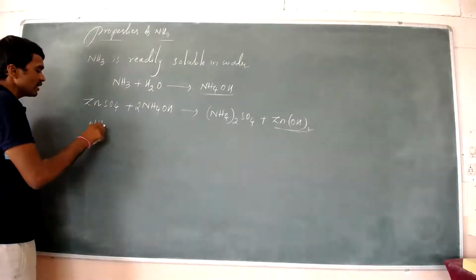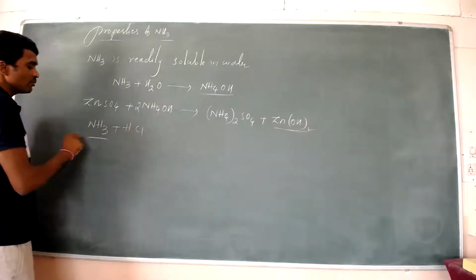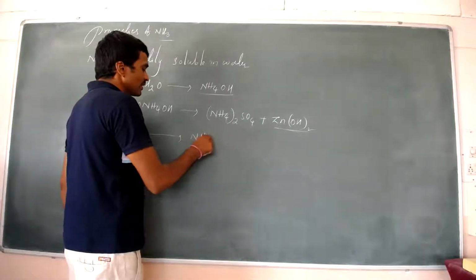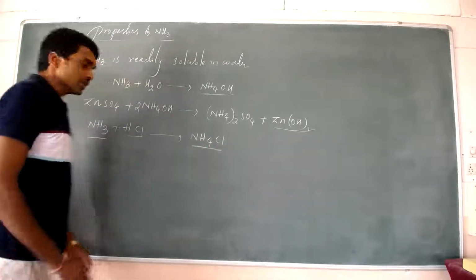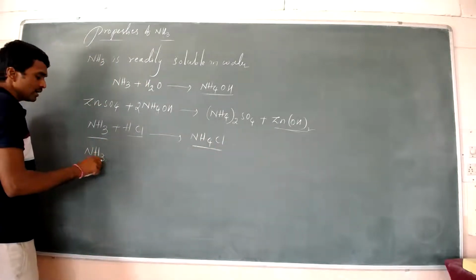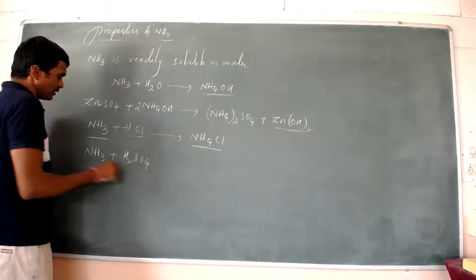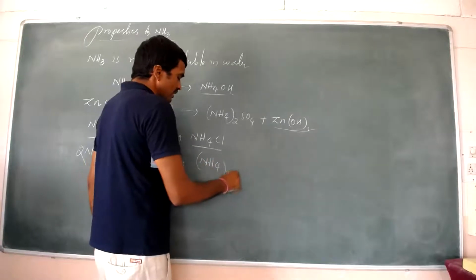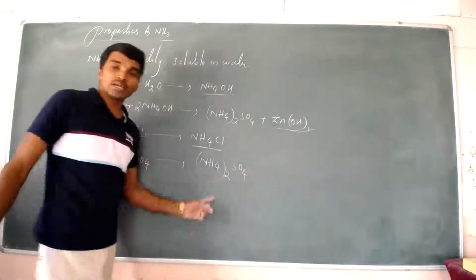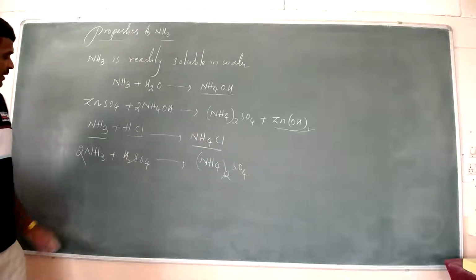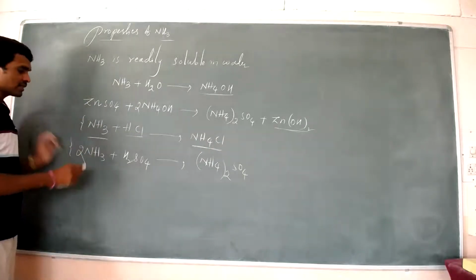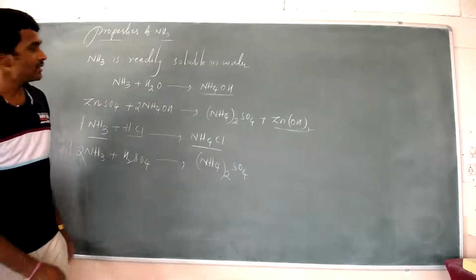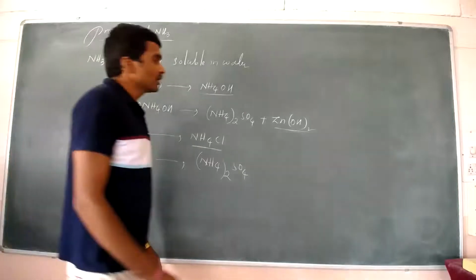And ammonia reacts with some acids. Ammonia reacts with an acid, then a salt is formed. NH4Cl is a salt. Not only HCl, ammonia also reacts with sulfuric acid, H2SO4, then ammonium sulfate, (NH4)2SO4, is formed. It means that ammonia reacts with some acids, then salts are formed. Okay, and here